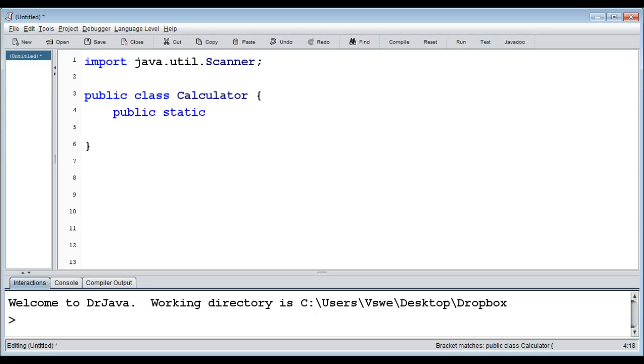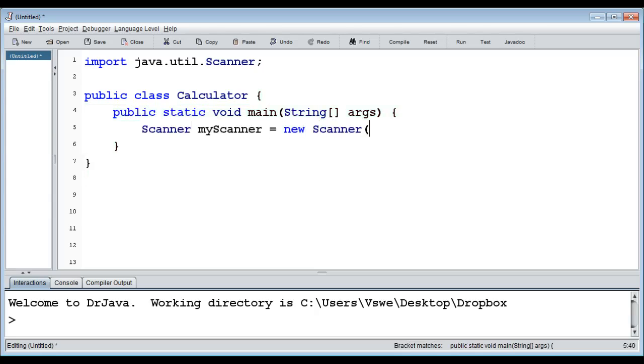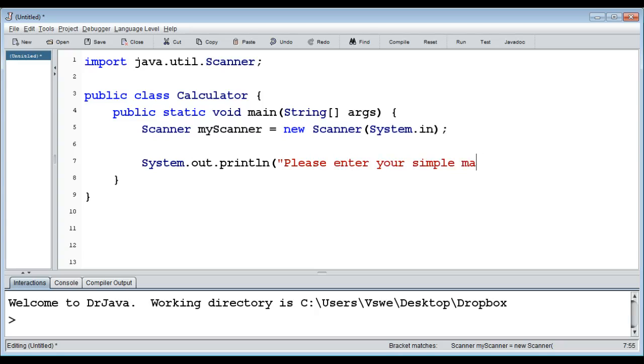So we need a public static void main, and then the string array there. So this is the thing we always do. Right, so first of all we need a scanner, like always, equals new Scanner(System.in), and we want to print out to the user, please enter your simple math